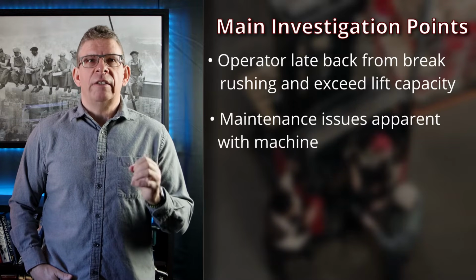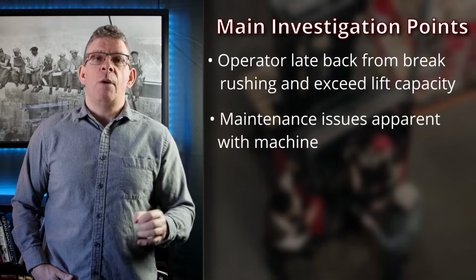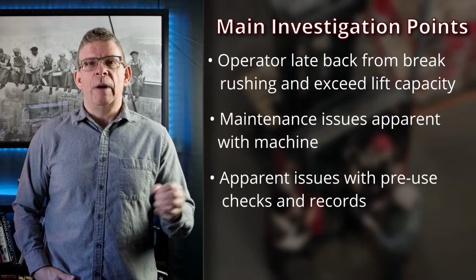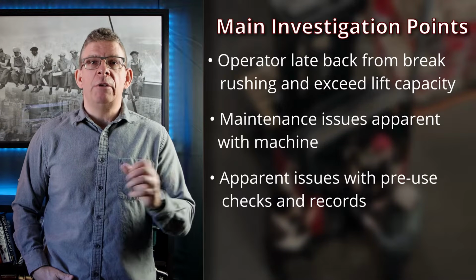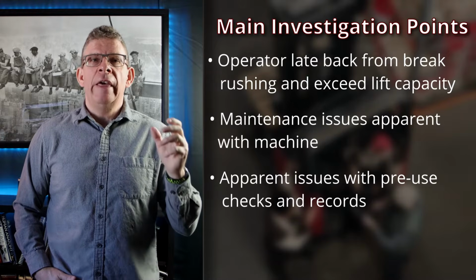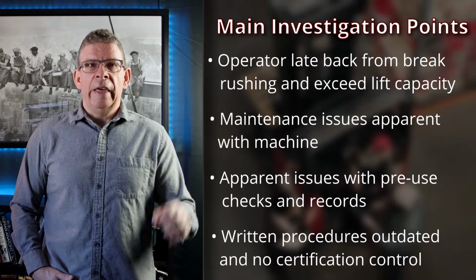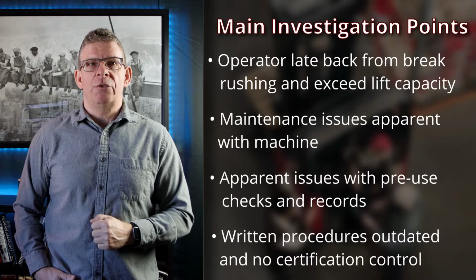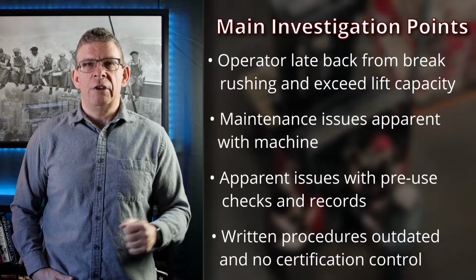The forklift had a single tire that should have been changed out. All the rest of the tires were good, but a single tire should have been changed out. The onboard scales were found not to be working. The forklift had been moved possibly several times and used by others before the incident occurred. There was no walk around or no checks between operators. When you examine the checklist during your document review, you found that they all looked identical, with the only thing differing being the dates. And you also discovered during your document review there were written procedures in place, but the last revision was 5 years ago. There is no evidence of a sign-off requirement or sign-off being done between the employees, and it doesn't look like there's any certification monitoring because you couldn't find any.